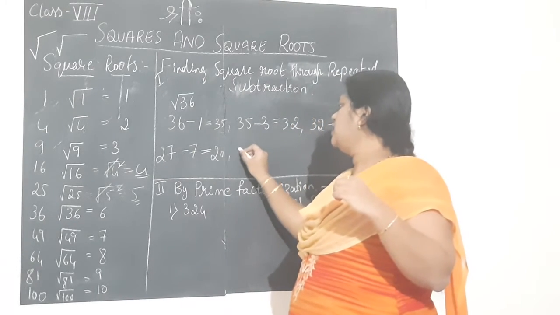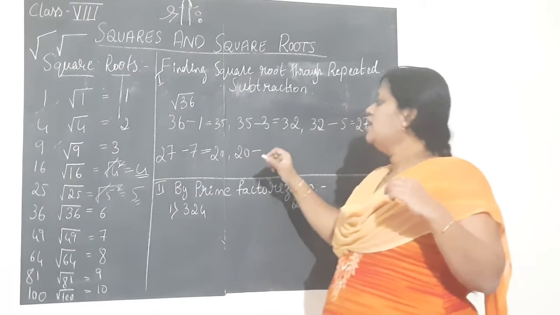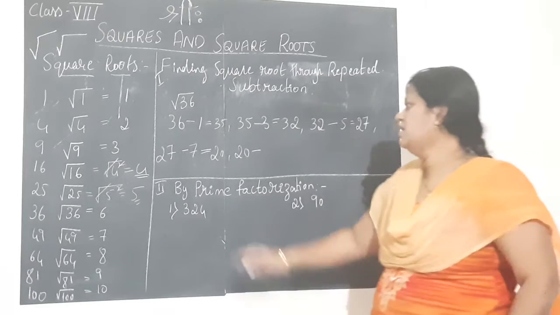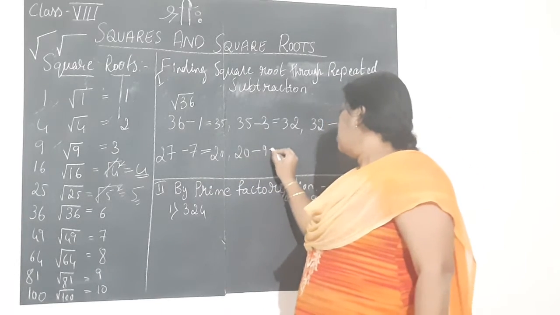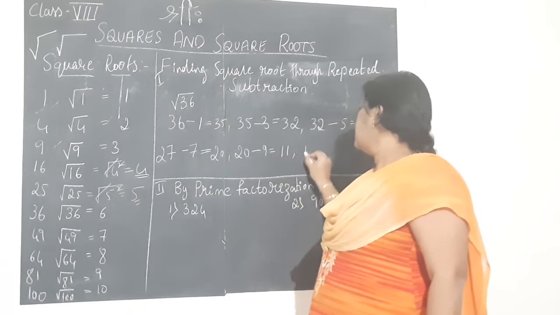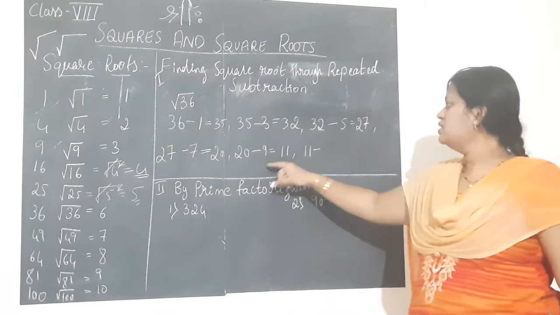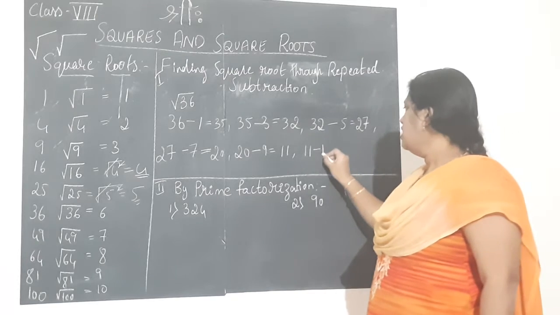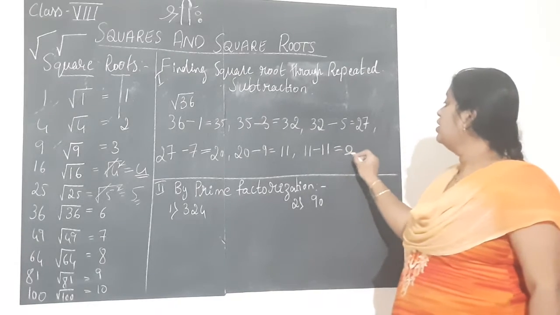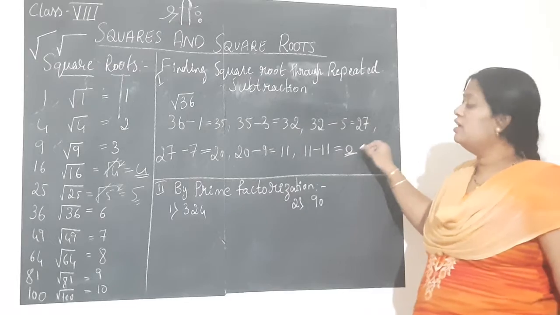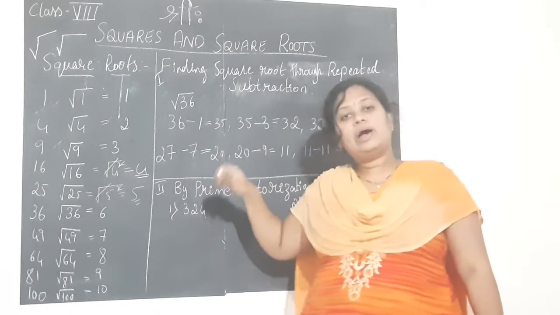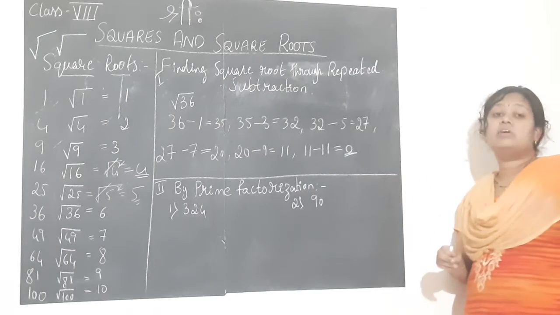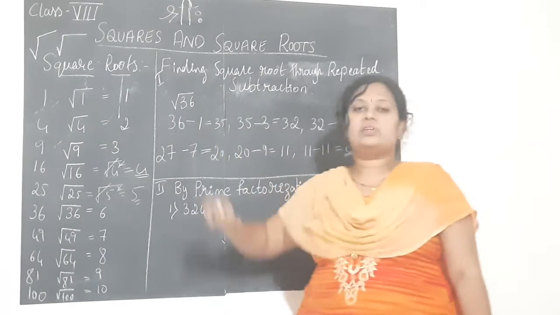It is clearly 20. What we got? 20, right? 20 minus the next odd number. After 7, it is 9. How much is 20 minus 9? 11. 11, I will write, minus the next odd number after 9, which is 11. 11 minus 11, when you do, you get 0. Like this, children, until you get 0, you have to go on subtracting the odd numbers from the different numbers we got, starting from the given question.